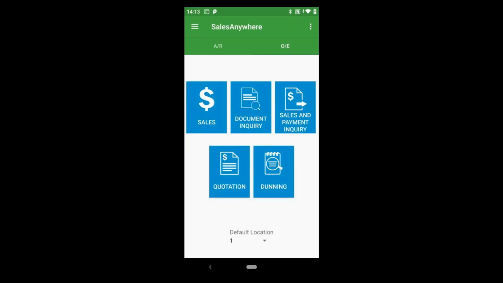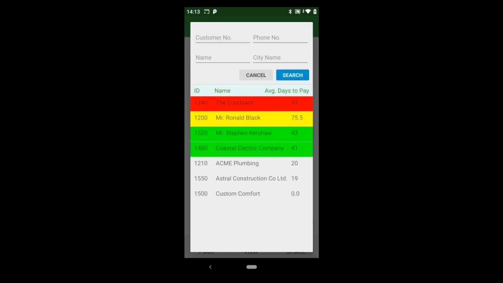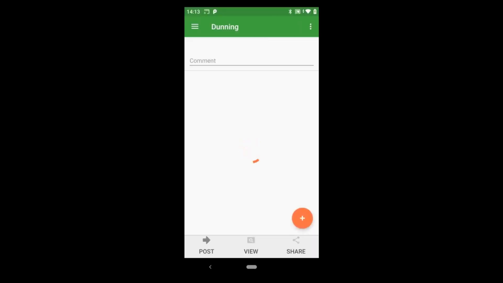Okay, the next thing I want to show you is the dunning function. So if I choose dunning, I can see all my customers and also their average days to pay. So this is sort of like a hint or an indication of whether those particular customers tend to pay late or not. So if I choose a particular customer, let's say Ronald Black again,